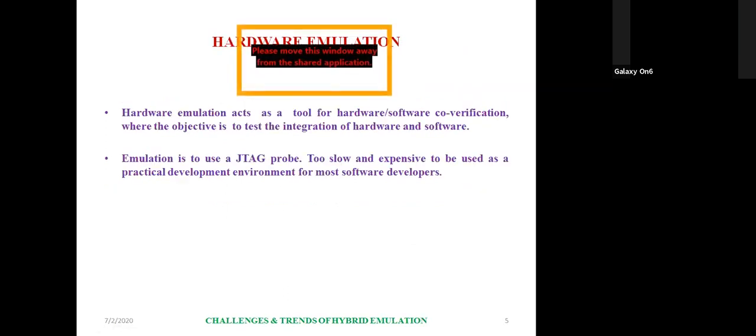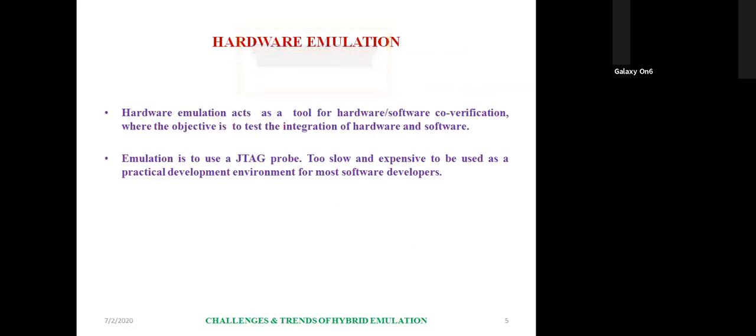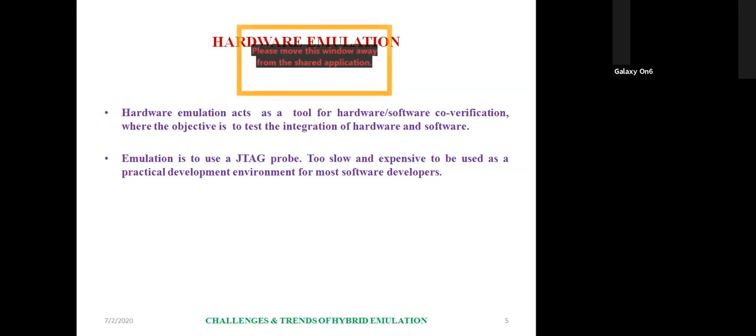So here the hardware emulation acts as a tool. In hybrid emulation, we have virtual prototyping and hardware emulation. So in-circuit emulation takes place and the prototyping takes place inside, and thus we have an emulation. But in hardware emulation, we have high performance and debugging facility, and the verification environment is very strong in the hybrid emulators.